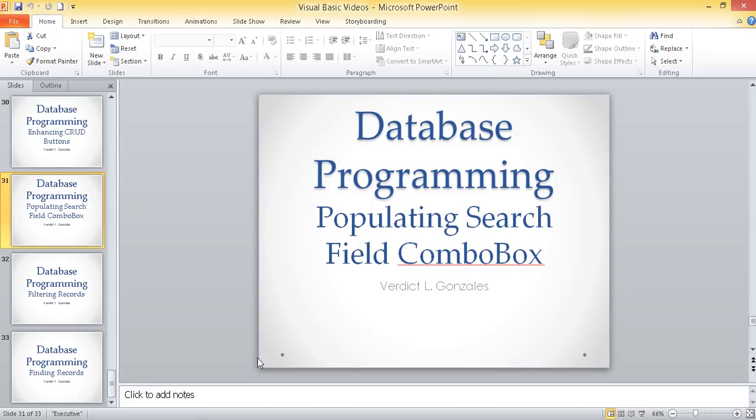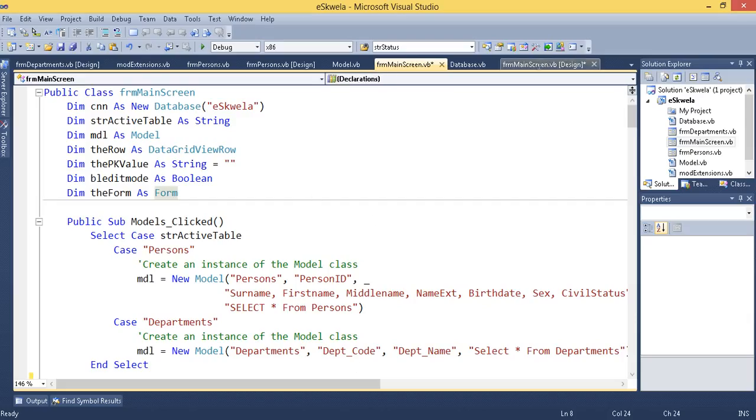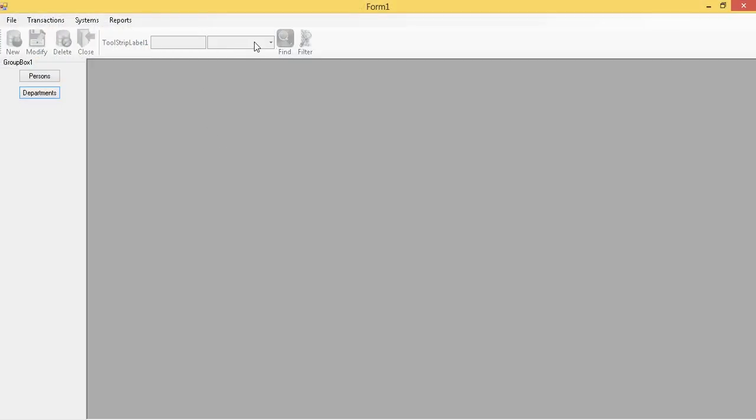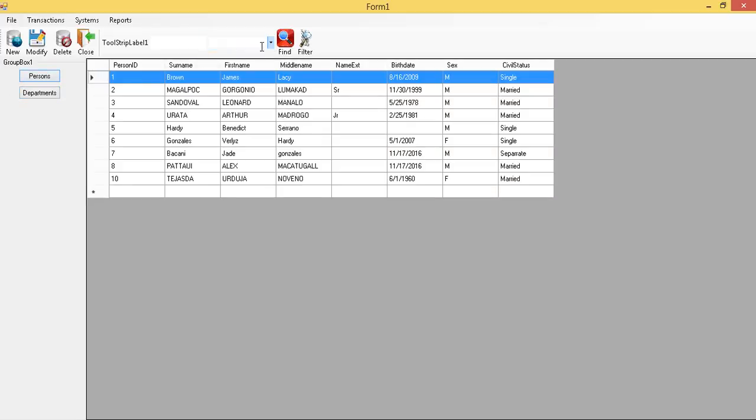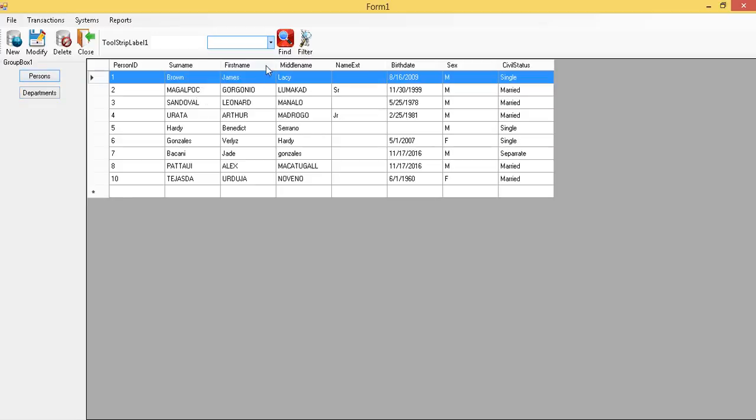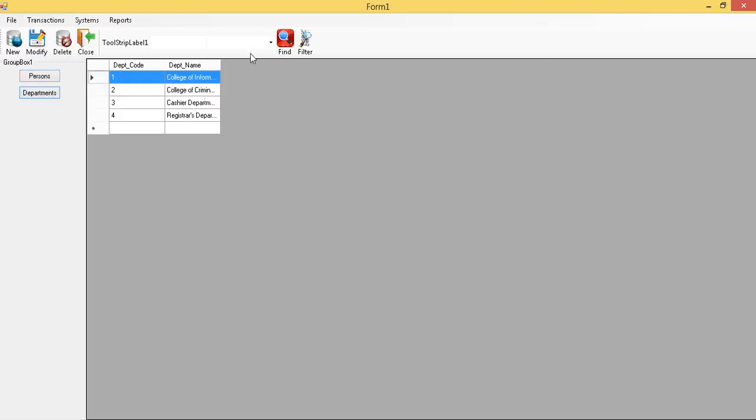So going back to our application. As you can see, if you run it, there's nothing yet in the combo box here. So we need to supply the essential fields here, just like the person ID, the surname, the first name, the middle name, so that every time we click on the specific model or table, the fields of these tables should be inserted